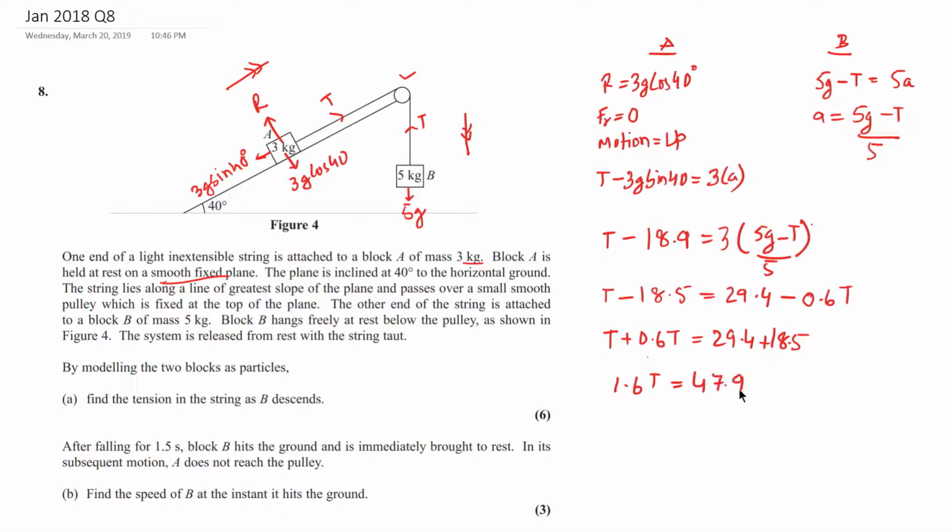B. After falling for 1.5 seconds, the block hits the ground and it is immediately brought to rest. In its subsequent motion, A does not reach the pulley. Find the speed of B at the instant when it hits the ground. So we need to actually get the values for a. So as B hits the ground, before B hits the ground, we get